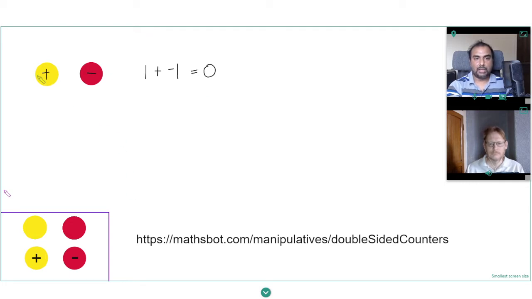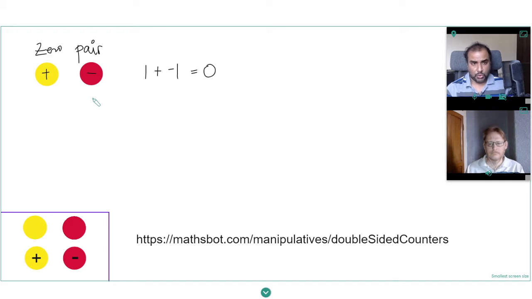So when you bring a yellow and a red together, you get 0. This in maths teaching is called a zero pair. So a pair, a yellow and a red, is a zero pair. So I'm just gonna call that. Okay, so therefore it follows that